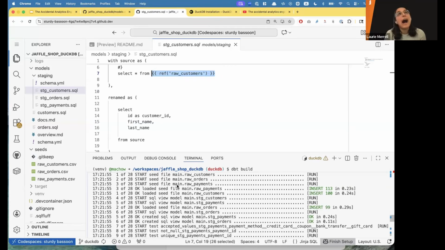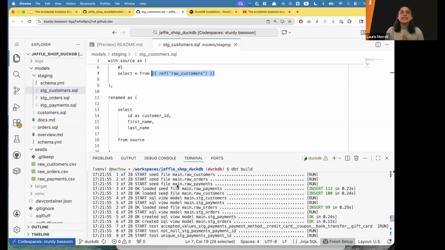So kind of. DBT is not a generic orchestrator in that sense, like your Airflow, Dagster, Prefect. DBT is sort of half of an orchestrator, and more specifically for SQL.